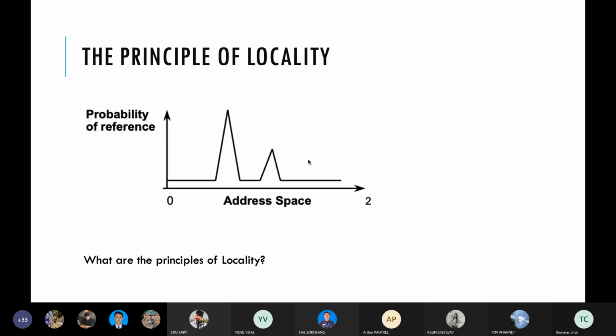So coming back to the question here, what does the graphic represent? Can anyone tell me what you think about the graphic? The Y bar here, you see the probability of reference, and the X bar here is about the address space. So let me tell you a bit about what the probability of reference is. The probability of reference here refers to the amount of CPU requests made to memory. All right. So here the